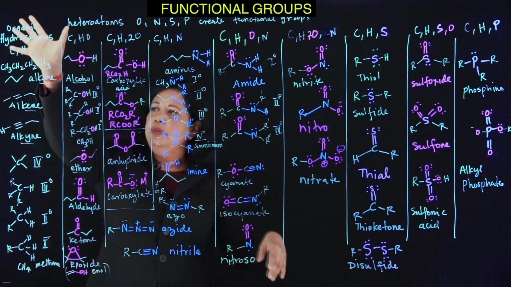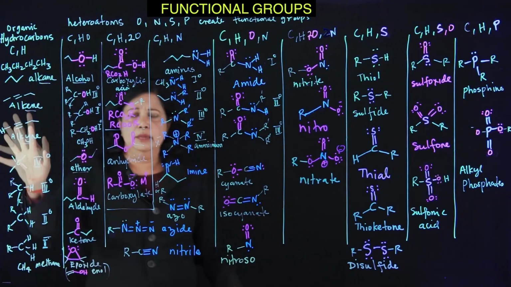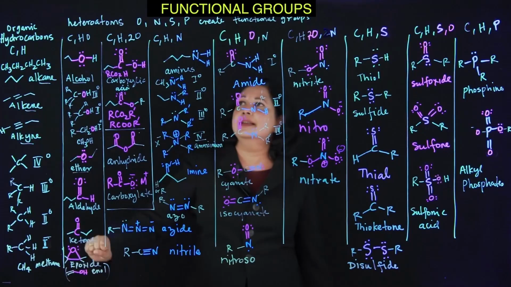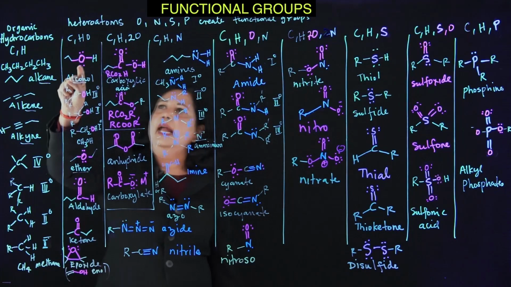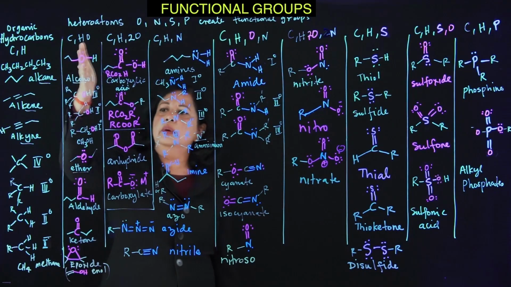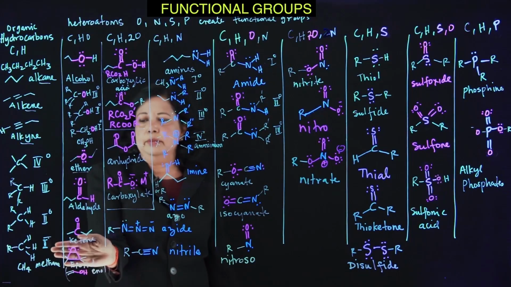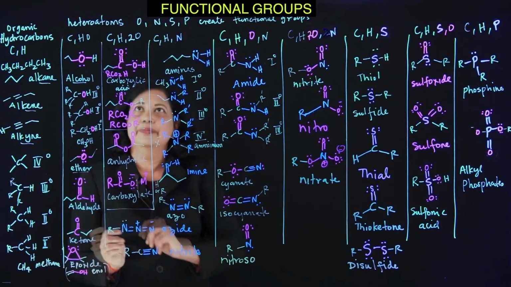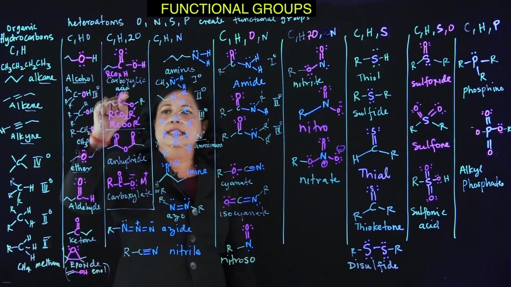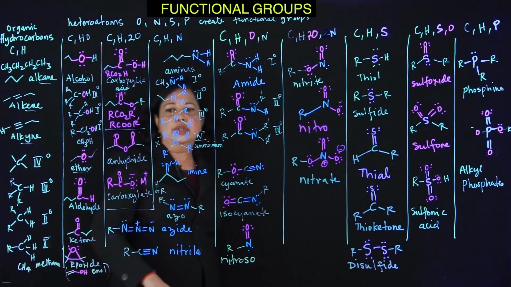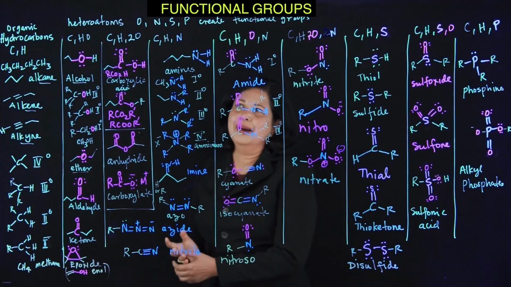In summary, if you have just hydrocarbons, you can have alkane, alkene, alkynes, and they can be branched, they can be straight chain, they can be any which way you want. But if you start inserting heteroatoms, then you create functional groups, and alcohols are like the most common, OH, ethers, aldehyde, ketones, and then epoxides are not very stable, but these are very stable in nature. You can pump 2 oxygens on the same carbon, carboxylic acid, ester, anhydride, and so on. These are anionic compounds, carboxylate or ionic compounds.